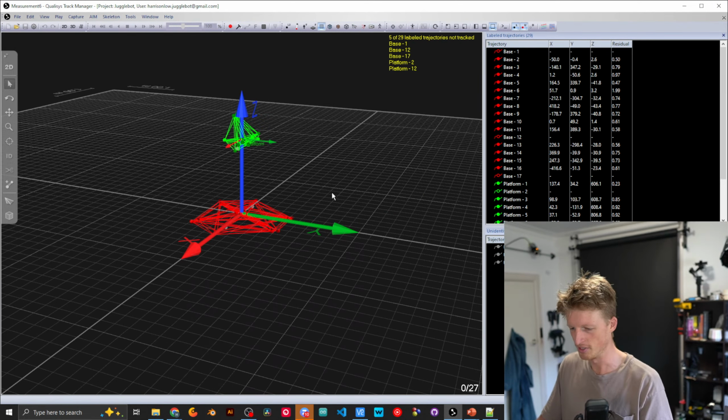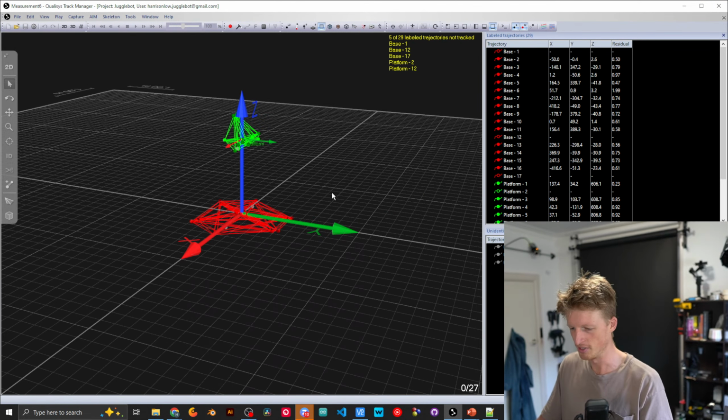And so this is business as usual. We've got the base down here. For some reason, I keep getting weird erroneous markers like these. And then if I just cover them up, they go away. Bit weird. I don't really know what's going on with that. But yeah, it's increasingly common now. Like that's not a marker. There's nothing there. Anyway, so we've got our rigid bodies here, but you'll notice, first thing, is that the global coordinate system,